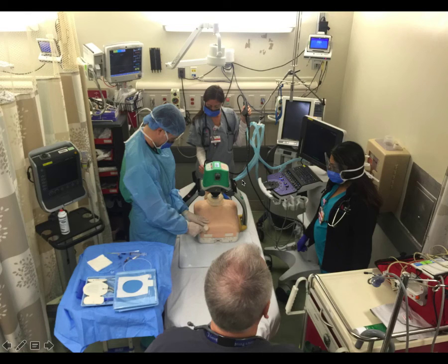And this is a practical aspect that I wanted to mention. You might be wondering, how complex is this? The answer is, as with any new tool, you need training. We do need to be aware of the risk of distracting ourselves by using a new tool or a new intervention, which doesn't have to be transesophageal echo, it can be just transthoracic echo. If you're not communicating with the team, if you don't have a system or a protocol in place on how you're going to do this practically, you do risk harming the patient by delaying other interventions